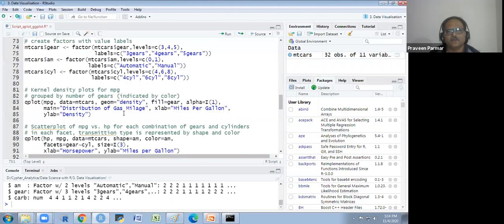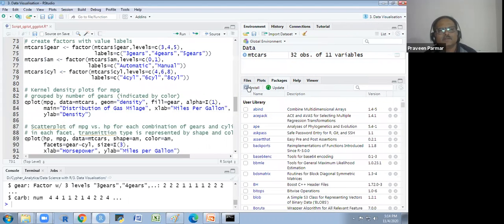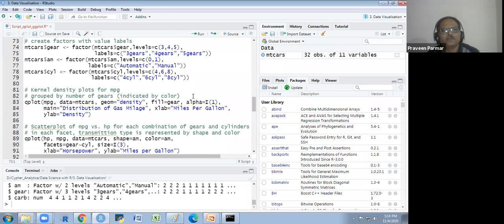And now we plot a kernel density curve grouped by number of gears. So I am taking the mileage, and the data is mtcars. Geometry is density curve, which I am going to create.